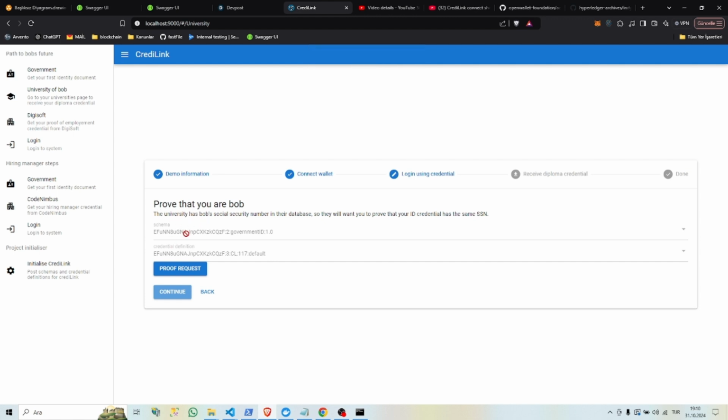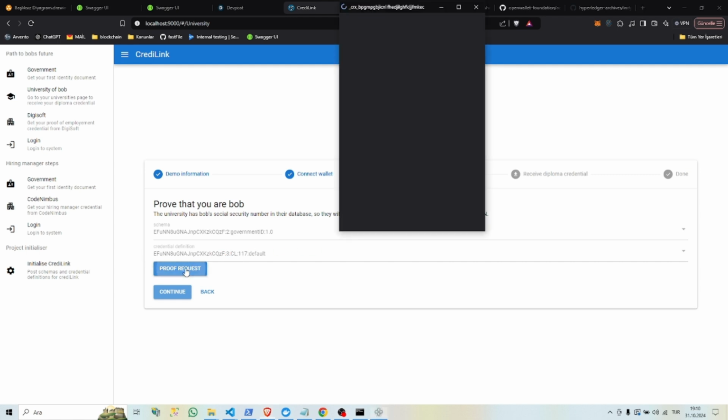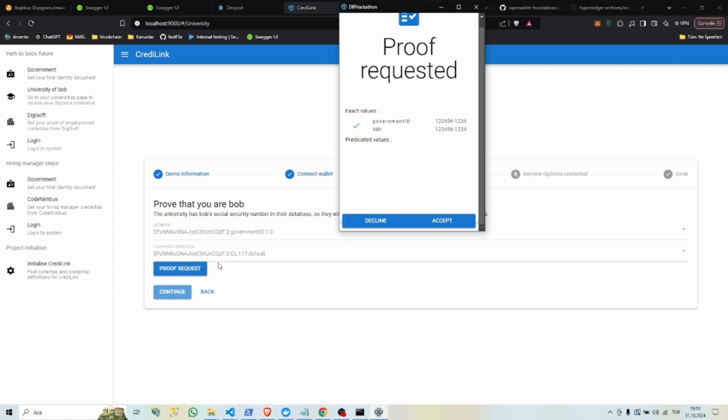And then it's going to check my government ID with this credential definition. So I'm going to create the proof. So when I click the proof request,